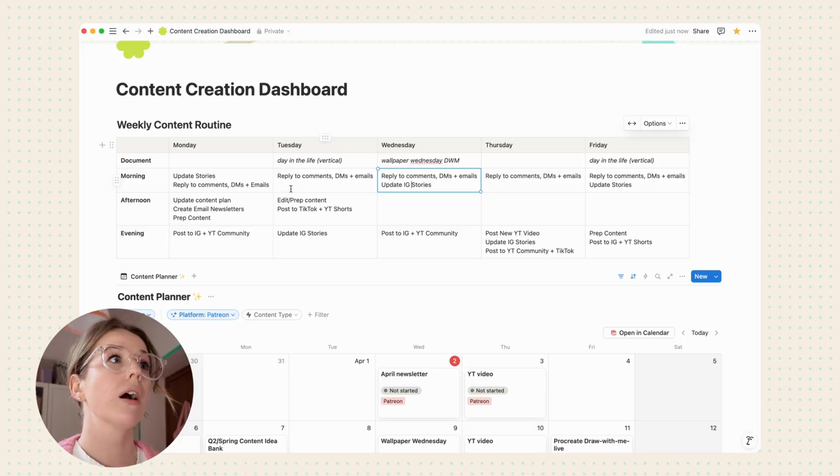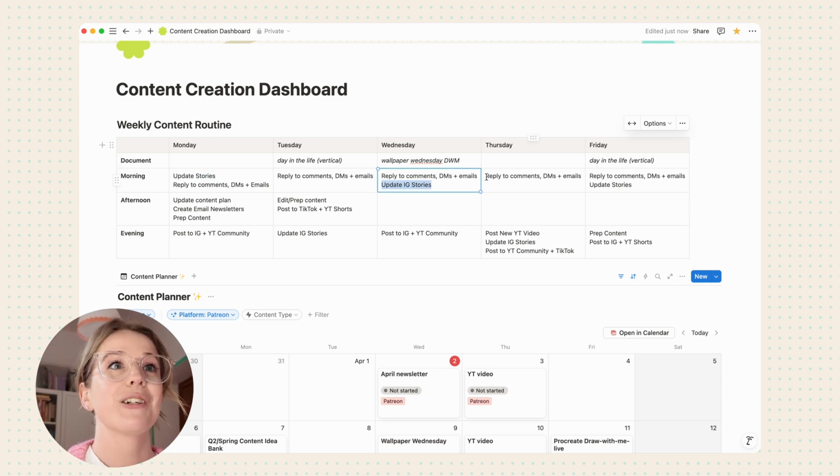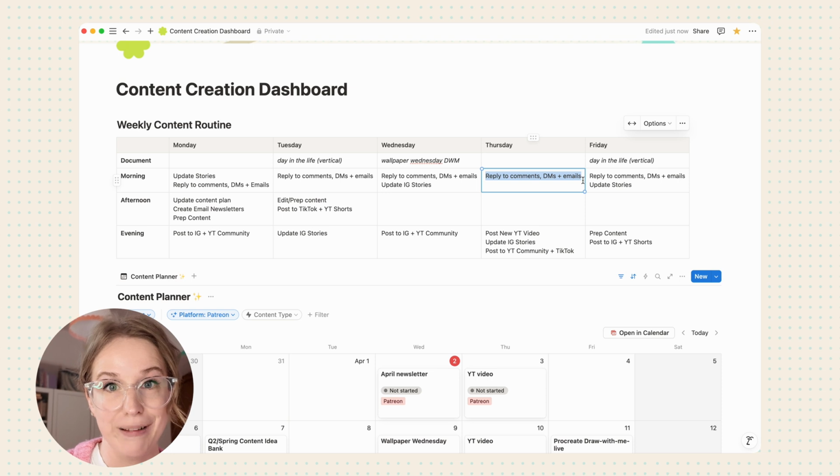Something that's really important to me when it comes to creating content is also building that community and that engagement. So part of my weekly content routine is making sure that I update my stories more regularly, putting in a reminder to reply to my comments, DMs, and emails. I bundle them all together now because it's really important to me to respond to all of my comments and